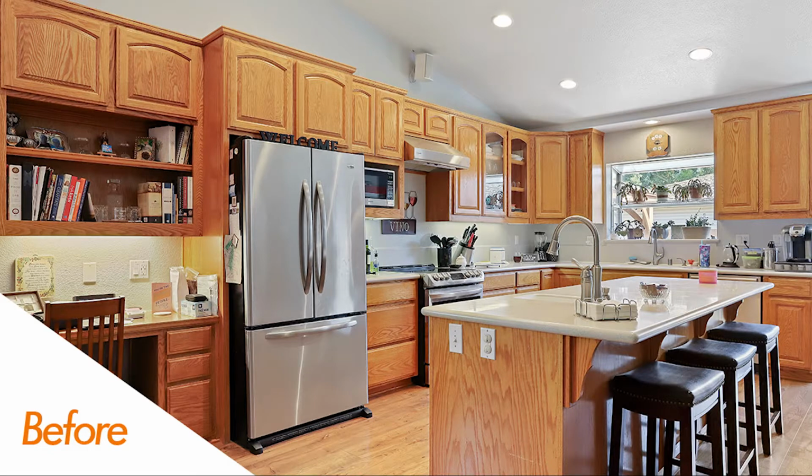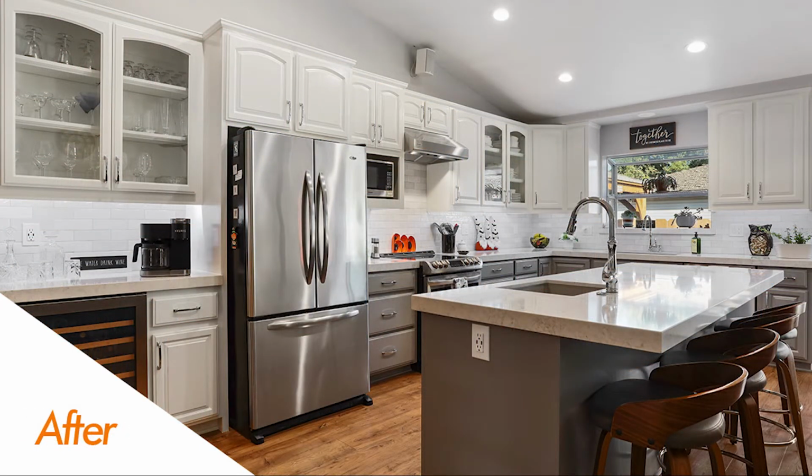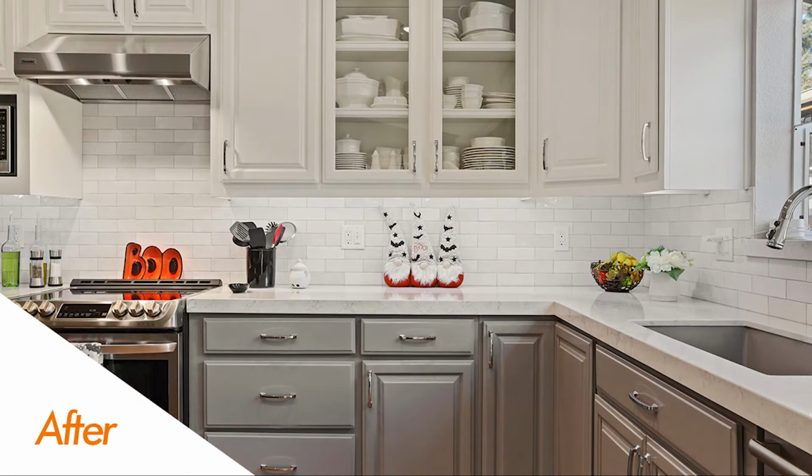First of all, let's take a look at the layout of this kitchen, which actually didn't change at all. It's an L-shaped kitchen with an island. This customer already had newer appliances and really good positioning of major items like appliances and sink and things like that. The first thing we did was refinish the cabinets, and in this case you can see we used a